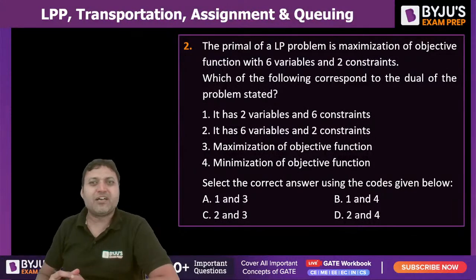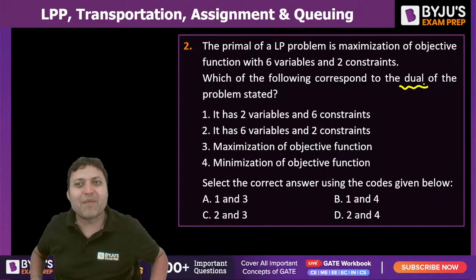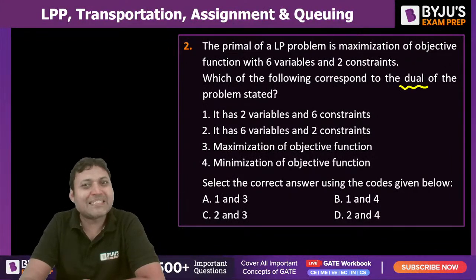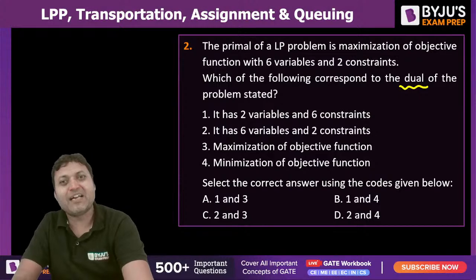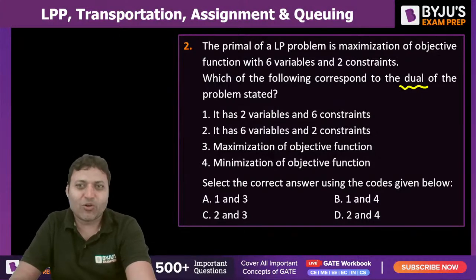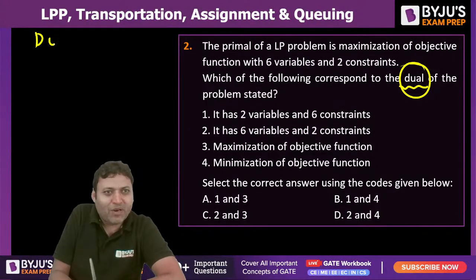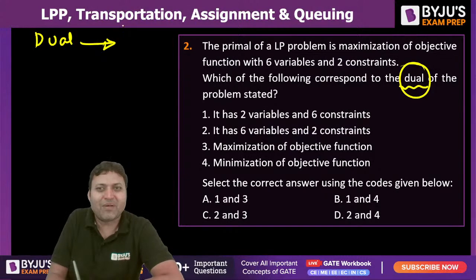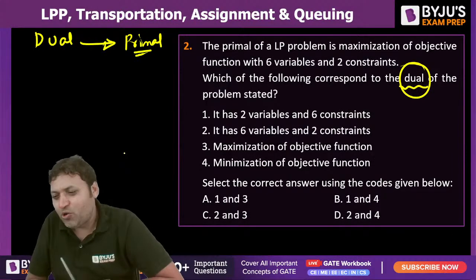Let us move to the next question. That is from the dual. Do you know what is the dual of a primal? Why do we use dual? When the number of variables is more, it becomes difficult to solve. It becomes impossible to solve using the graphical method, and at the same time it becomes difficult to solve using the simplex method also. So what we do is we develop the dual of a primal problem, and the solution to the dual problem will be the solution to the primal problem. So if we develop the dual,